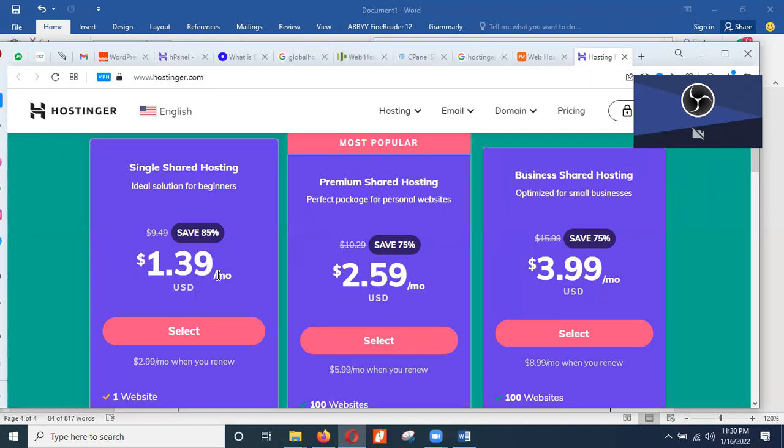Foreign hosts are very good. Hosting Jar is very good. Bluehost is still okay, although I had some issues with Bluehost. What was the issue I had with Bluehost? A virus entered into the system and they were not able to fix it. So at the time, I had to migrate some of the sites from Bluehost to another hosting. And Bluehost, though, is still cheap, but the renewal could be twice the price.